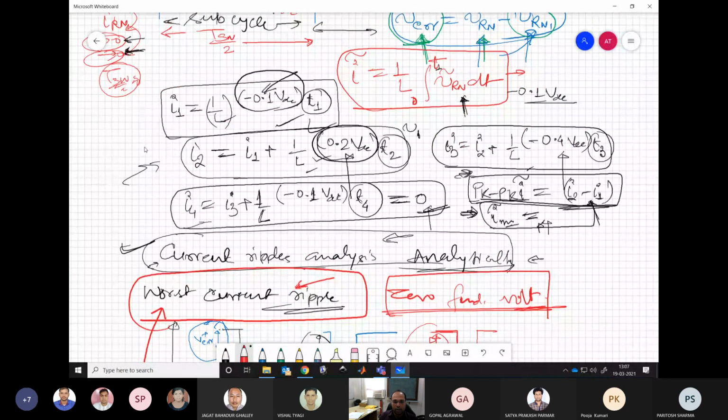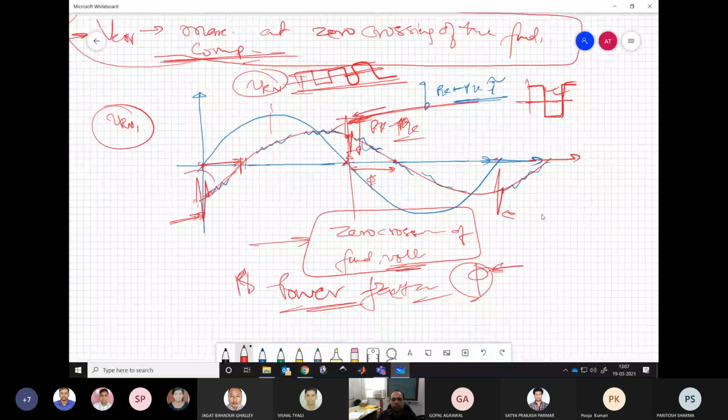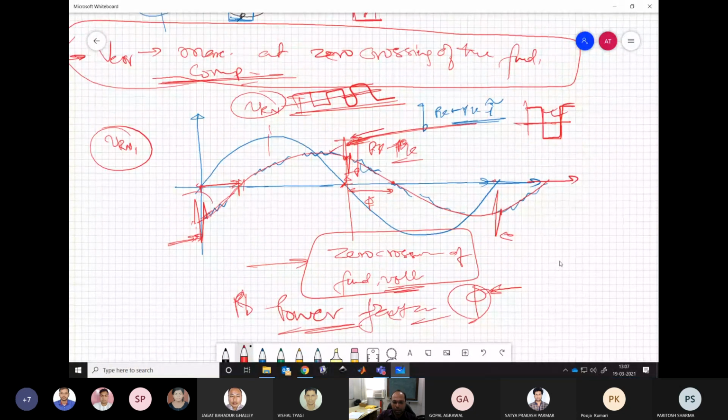If you are increasing DC bus voltage, your ripple should increase. If you are reducing the leakage inductance, your ripple should increase. So that is the correlation between all these quantities. And then we can see what is the worst peak to peak current ripple, and we can give the maximum number that we are going to have in the system. Is it clear?